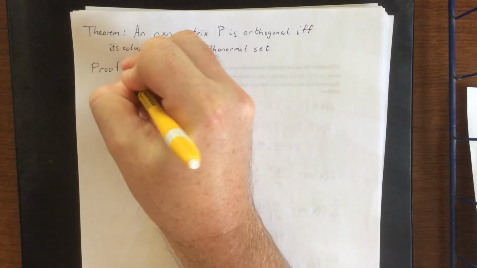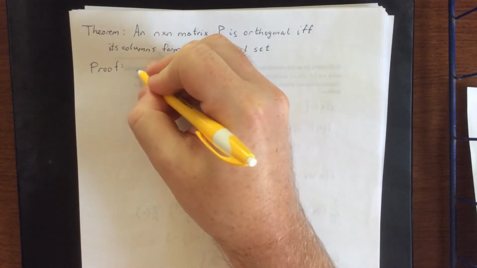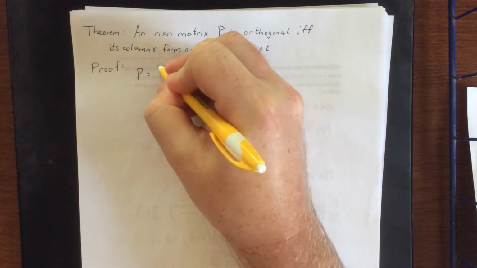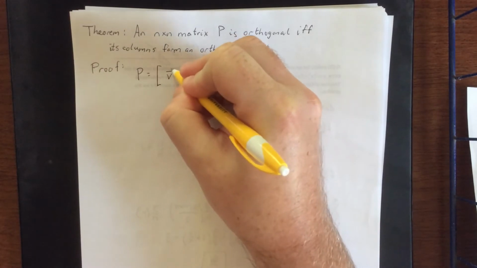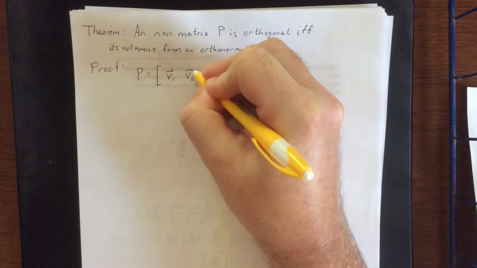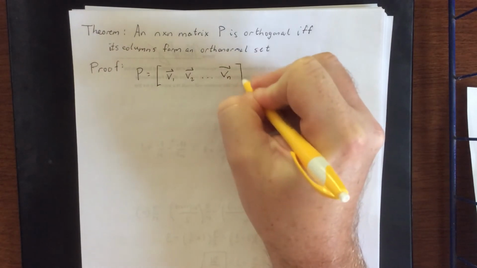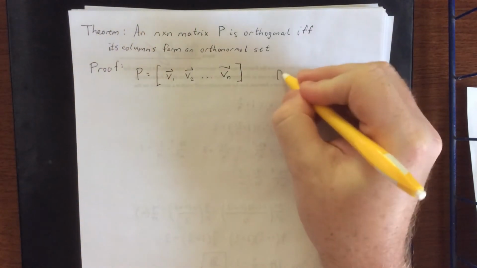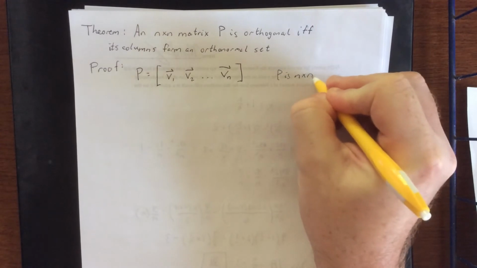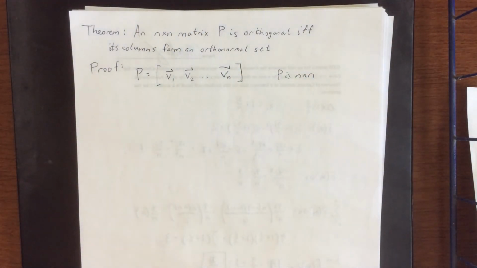So here comes a proof. Let's say that we construct P the same way that we typically construct P, which is we take all of the eigenvectors of a matrix A and we turn them into column vectors. We'll assume that there are n of them so that P is an n by n matrix. Now, I would like to ask you to recall